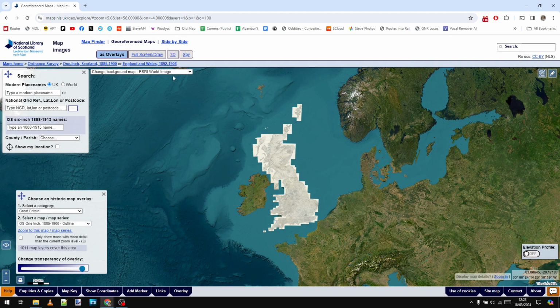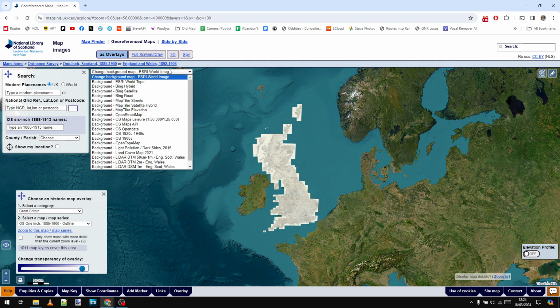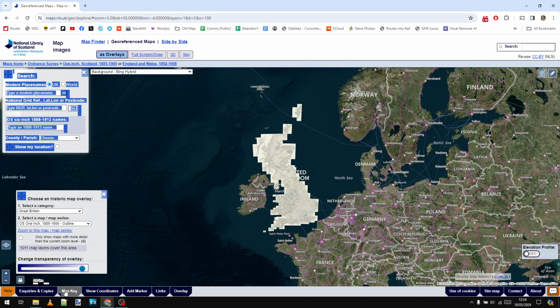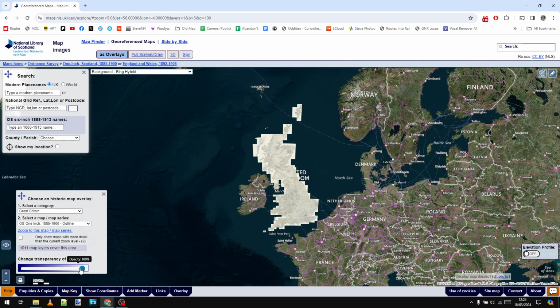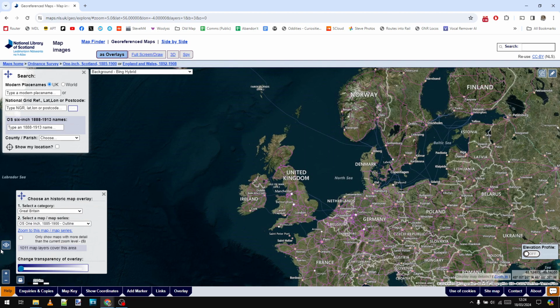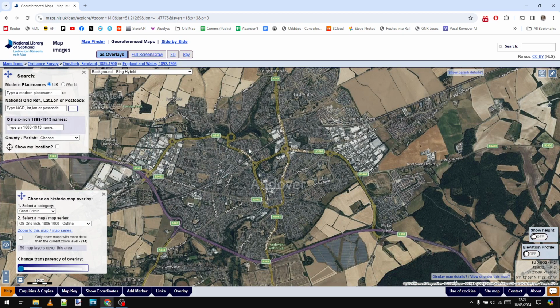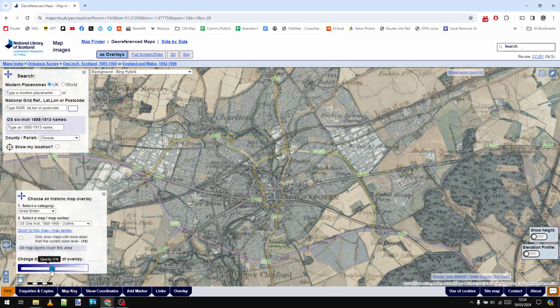If you're unlike me and you don't know where things are just from a map, go to Bing Hybrid and change the transparency down here to, well, much lower, and you get a better idea of where things are. Or you can type in a name. Let's go to a random town. Let's go to Andover. So we're now hovering over Andover, and you can change the transparency, the overlay back again to see the